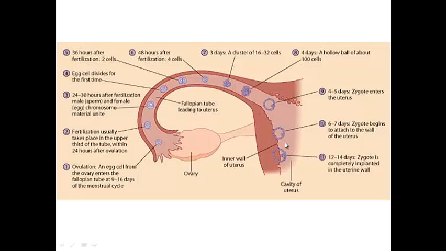and then about a week after fertilization, the cell begins to implant itself. Actually, the cluster of cells, I should say, called the blastocyst, begins to implant itself into the wall of the uterus, and it fuses to the wall of the uterus in another week, right? So a week to travel approximately down the fallopian tube into the uterus, another week to become completely implanted and attached to the wall of the uterus, right? And that's when